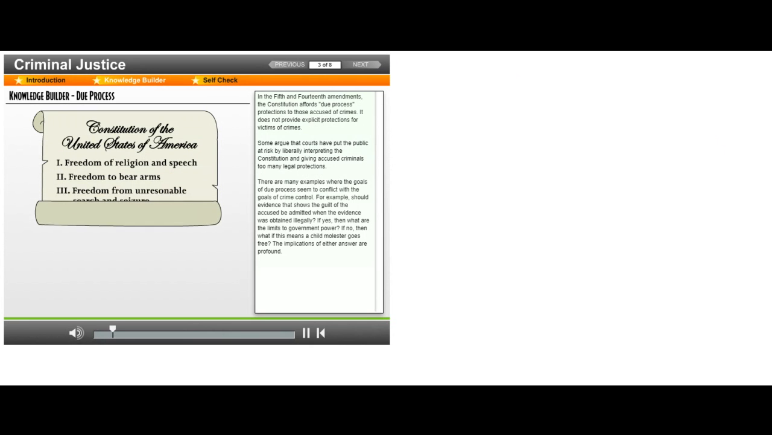In the 5th and 14th Amendments, the Constitution affords due process protections to those accused of crimes. It does not provide explicit protections for victims of crimes. Some argue that courts have put the public at risk by liberally interpreting the Constitution and giving accused criminals too many legal protections. There are many examples where the goals of due process seem to conflict with the goals of crime control. For example, should evidence that shows the guilt of the accused be admitted when the evidence was obtained